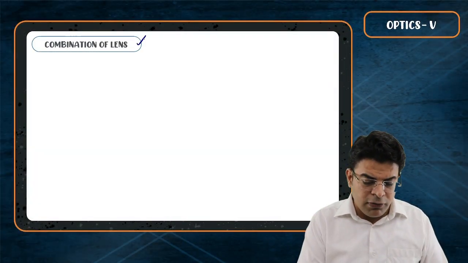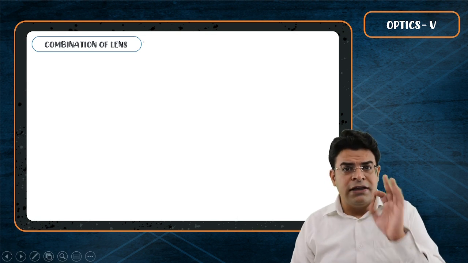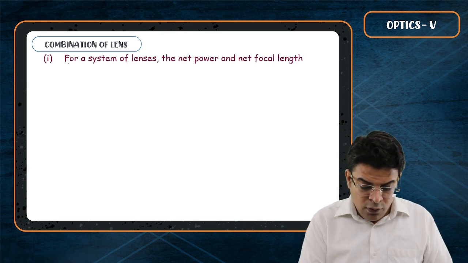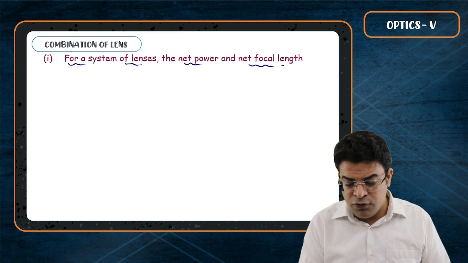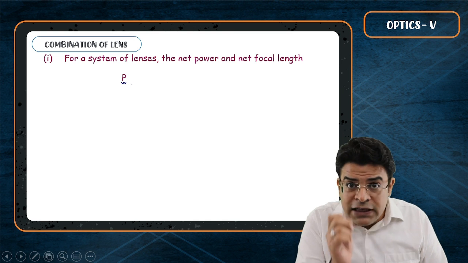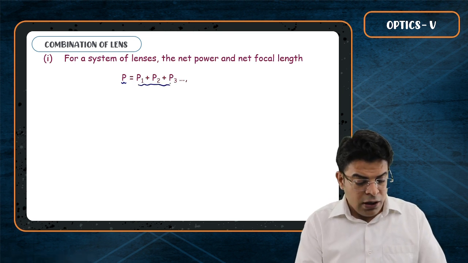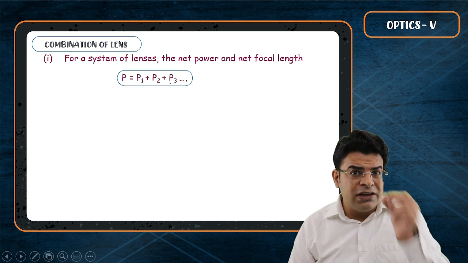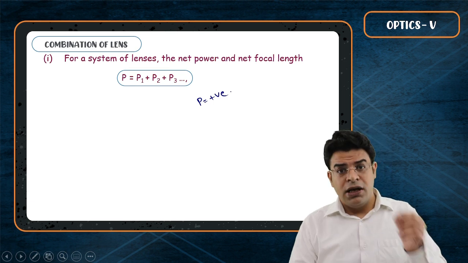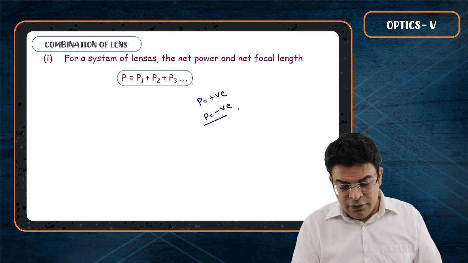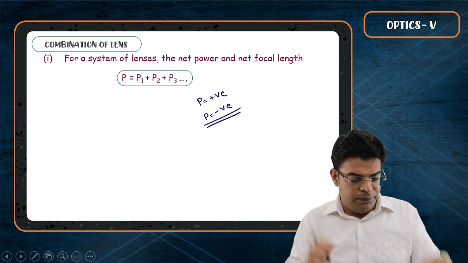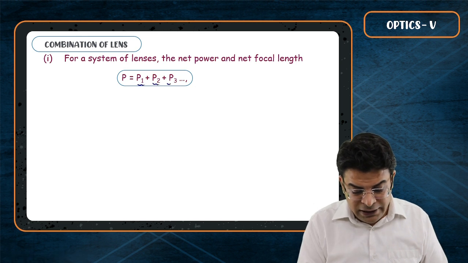So let's say you have got multiple lenses. The good thing about lenses is that their power can be added up directly. So, for a system of lenses, the net power of the combination is nothing but the algebraic sum of individual powers. We have learned this in the last hour that for converging lenses, the power is positive, and for diverging, concave lenses, the power is negative. And when we try to find the effective power, you simply need to add up power. So the powers are directly additive.